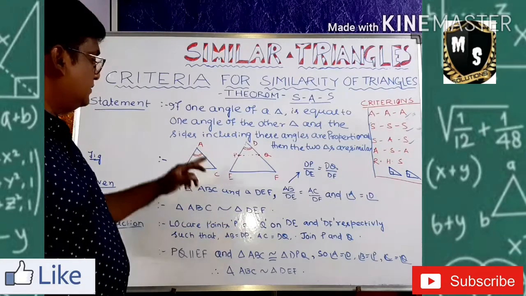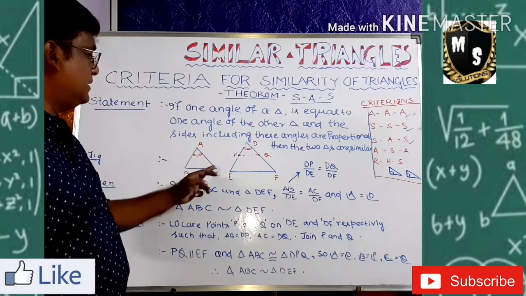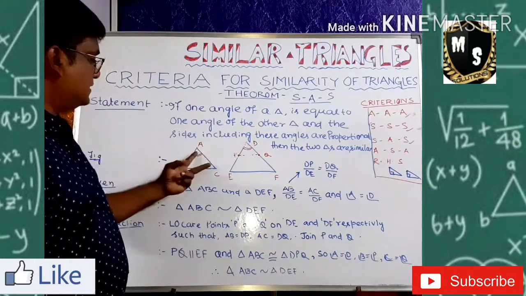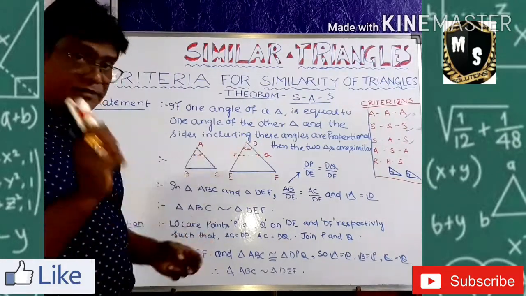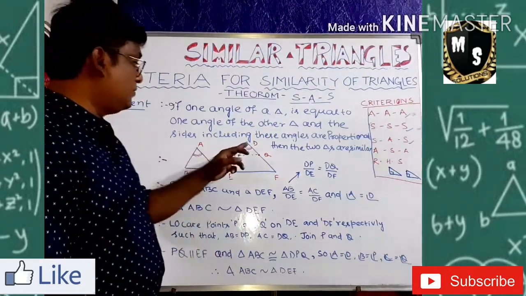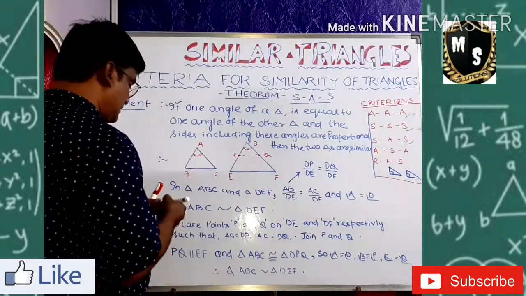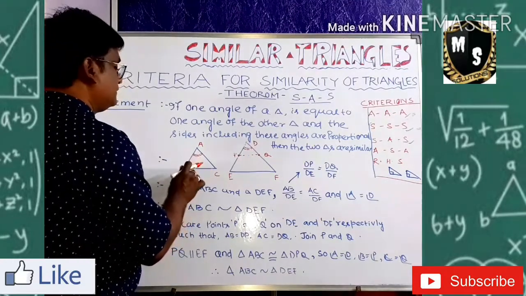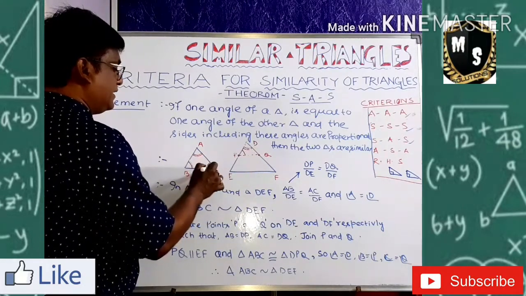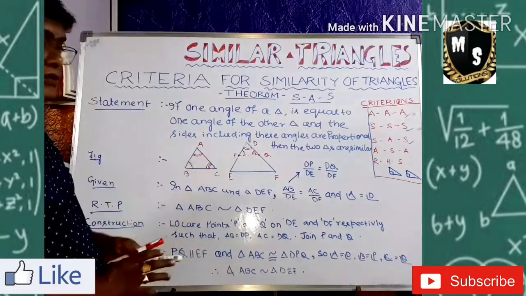Therefore, what can you say? These two triangles are congruent now. Why? Side, angle, side. Because AB is equal to DP, AC is equal to DQ and the two angles are the same. It is given. For that reason, these two triangles are congruent. If they are congruent, then angle A will be equal to angle D, then angle B will be equal to angle P, and angle C will be equal to angle Q. Why? Because these two triangles are congruent now, so all the angles will be the same.